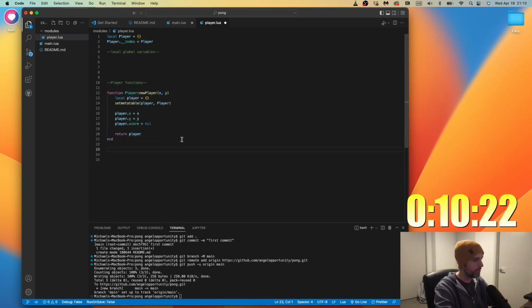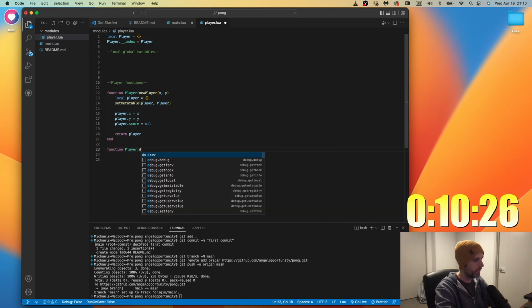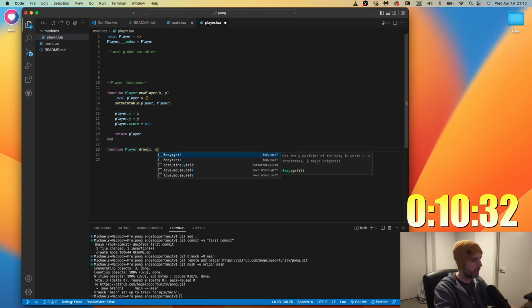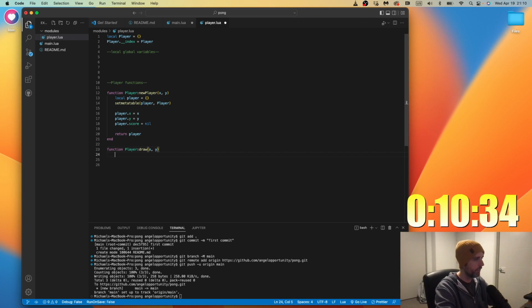Now, to make sure this is working, let's do function player.draw, x, y, and what we need here is the draw is going to be the paddle.